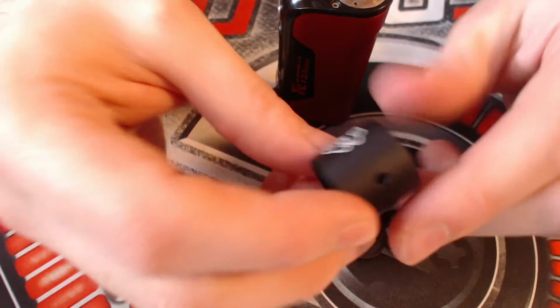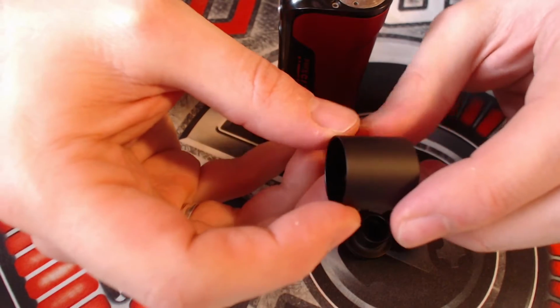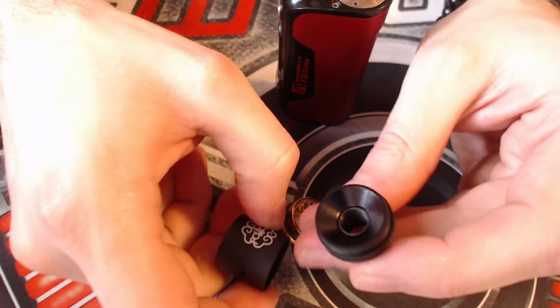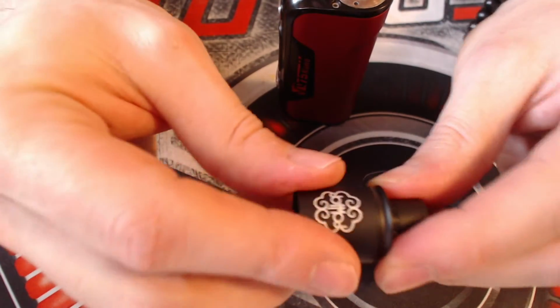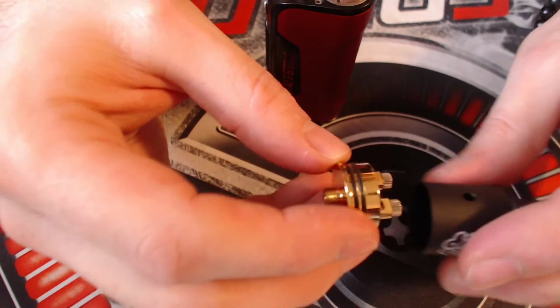It doesn't have any adjustable airflow, so you're basically set with what you got here, but I'm pretty okay with that. This is the top cap, and this basically comes off the easiest. We have two O-rings on the bottom securing it really nicely,